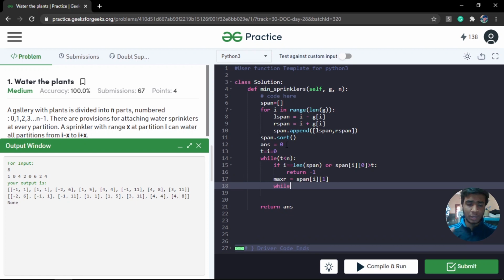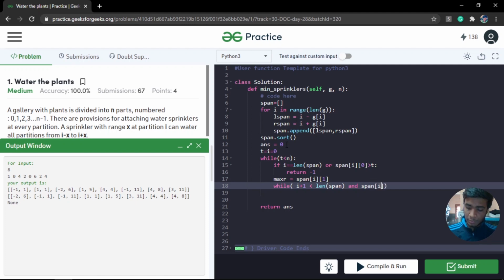So now I will try and iterate this i pointer in the forward direction, given that it satisfies the two conditions, right? So that is while i plus 1, that is the new pointer that I'm going to try to generate, has to be less than length of span, right? So it should not overshoot it, and it has to satisfy our target, right?